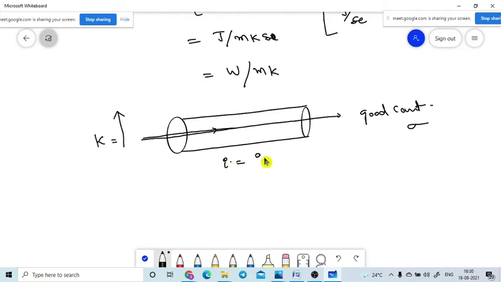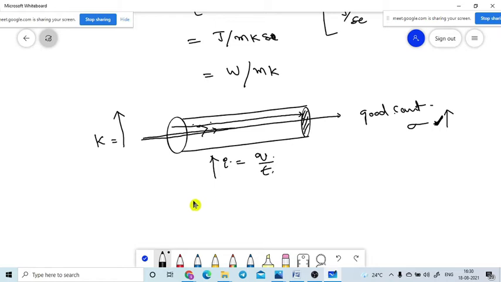That means I is equal to Q by T. In one second they will flow more current, which means more charge is flowing through this electric conductor. Is it correct? Yes, sir. So what does it mean? A good conductor means it has a good, higher value of electric conductivity sigma. That means more electric current is passing, so I passing in unit time is more. More charge is passing through the area of cross section of the material as compared to the other one.